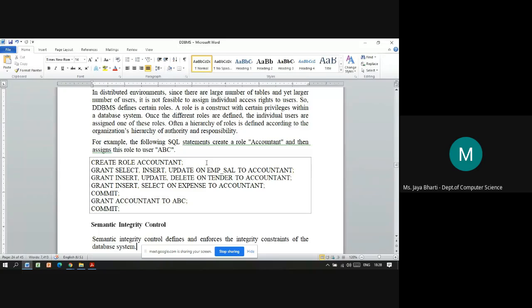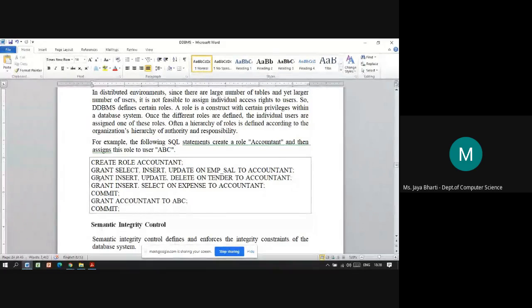That is, they have given the accountant access to the employee salary table, on which he can perform select, insert and update commands. So grant is the command using which we can assign the privileges.